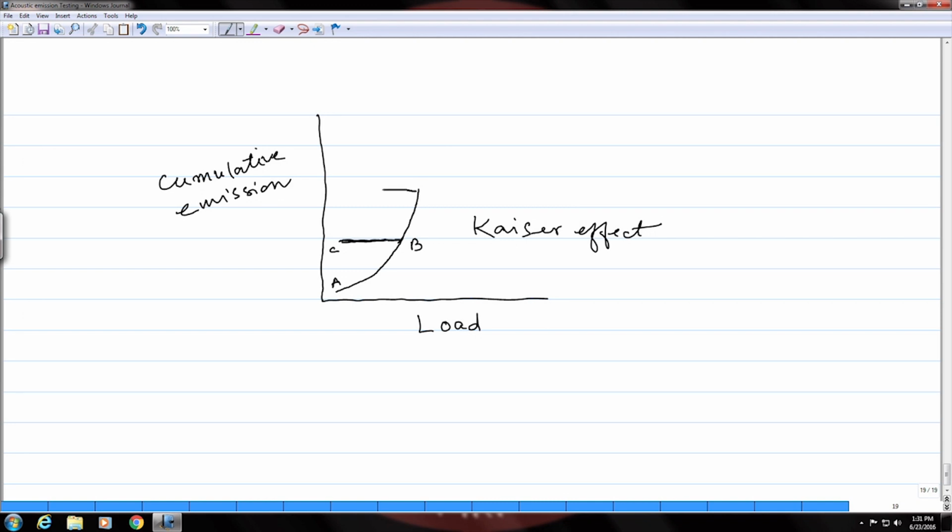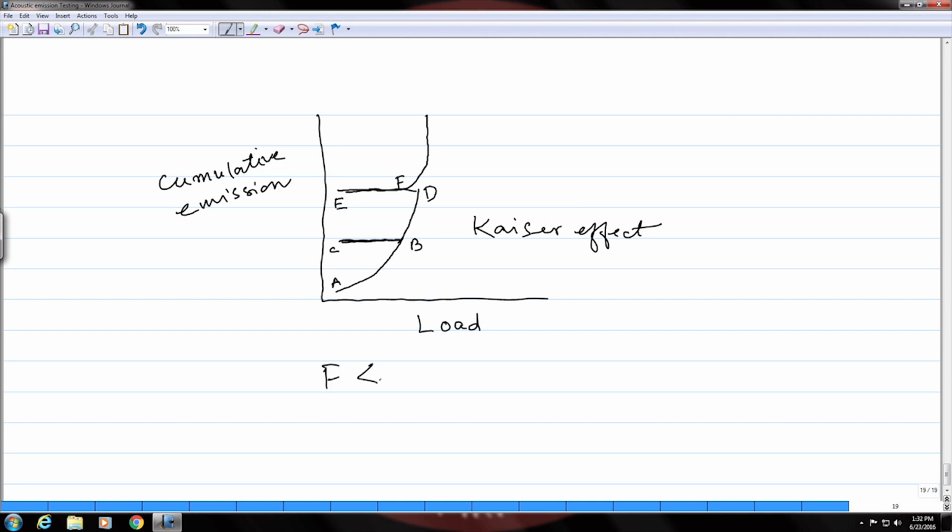So, let us say during the next inspection again you do the same thing. So, this is again unloaded. So, BD is the occurrence of emissions during reloading again, okay. And then you again unload, which is DE, and then again reload, which is ED. Now, if you find something like this during reloading here, okay, in this case. So, this point F